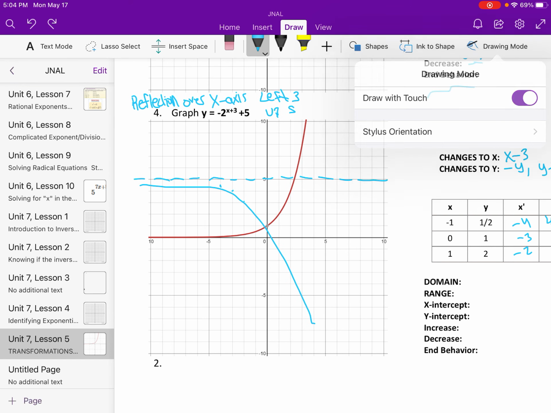Now, going back to the domain and range, we're not going to completely fill this out, but we can see that it's decreasing because of this reflection, not increasing. And our range would change because of this, so it would be everything below